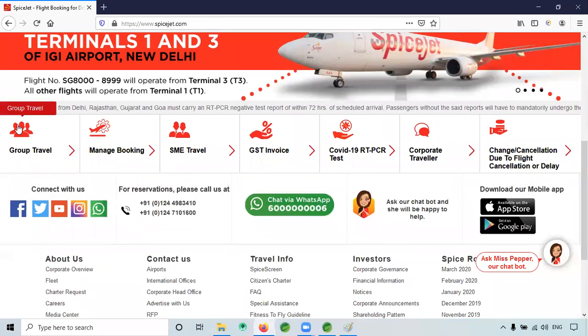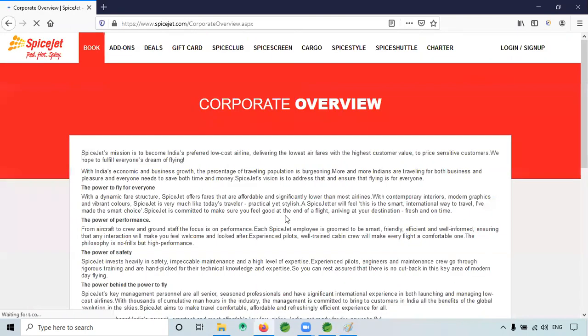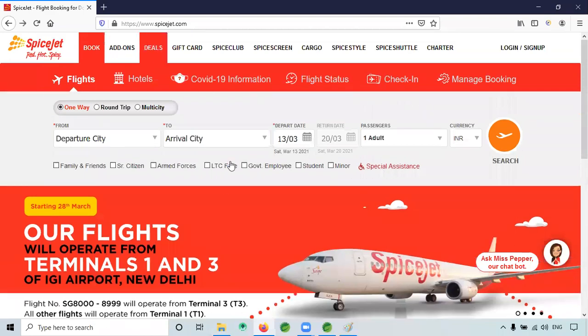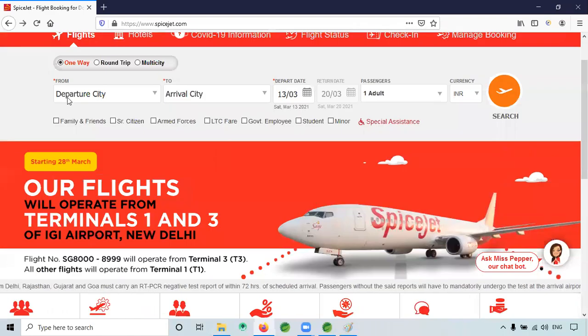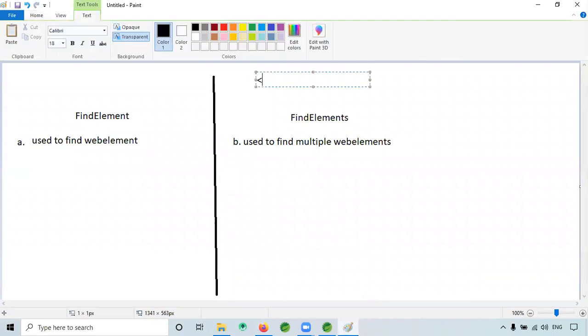In this website, see how many links are there. There are so many links, which means whenever I click on one of the links, it will take me to another place, right? So I just want to find all the links present in this website. I will give an a href like this in HTML.